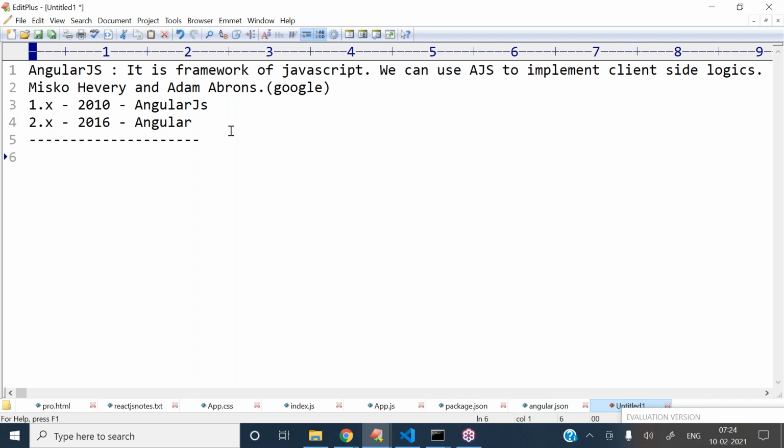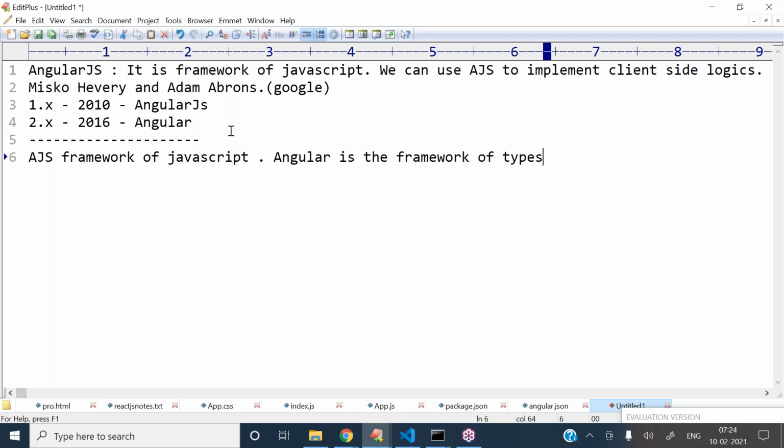And Angular is the framework of TypeScript.